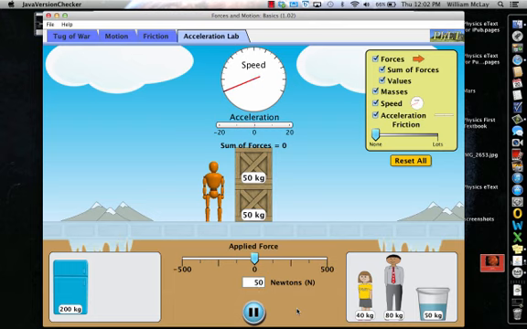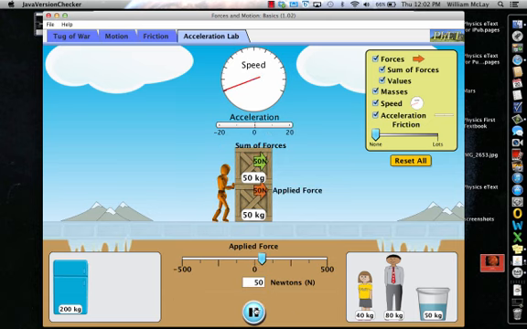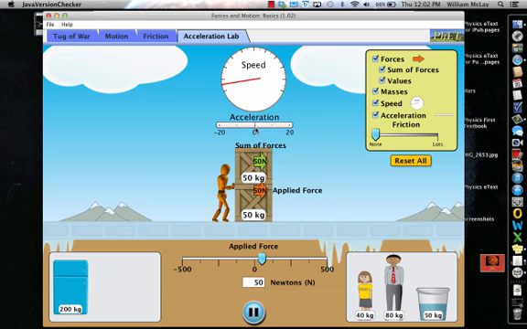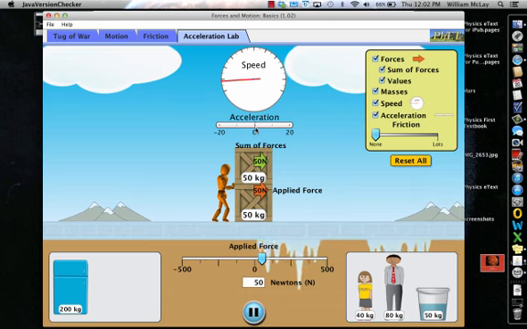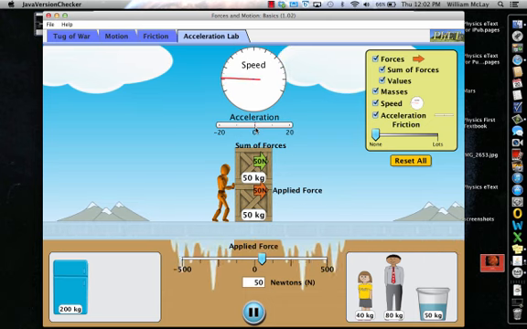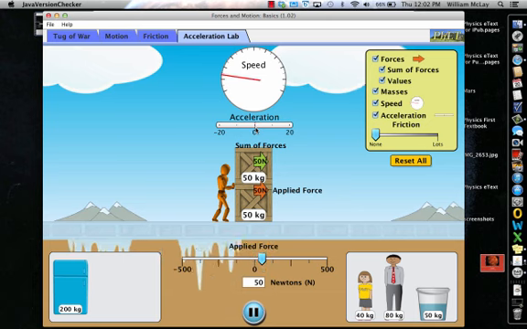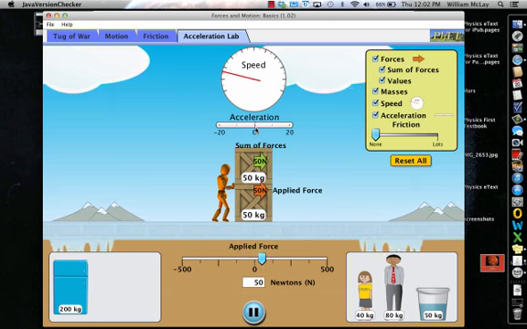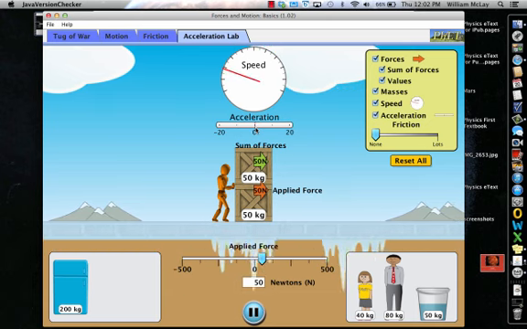The other part of Newton's second law of motion says that the acceleration of an object is inversely proportional to the amount of mass. Now in this case, I have doubled the mass, again starting off with 50 newtons of force. You'll notice now that the acceleration is a much lower rate, and in fact it is 1/2 of what it was before. So inversely proportional means if one goes up, then the other goes down by an equal